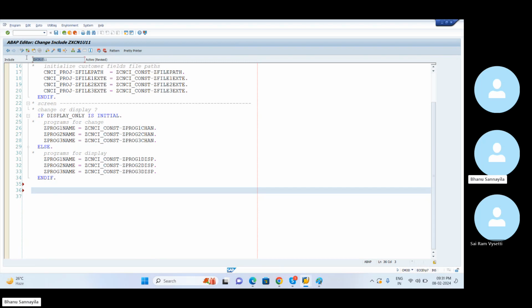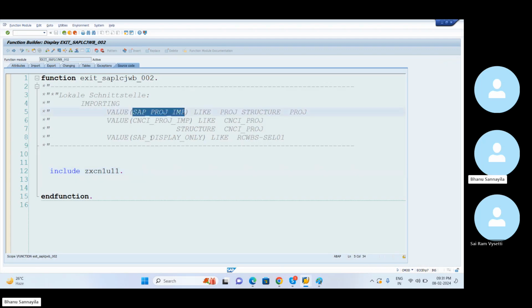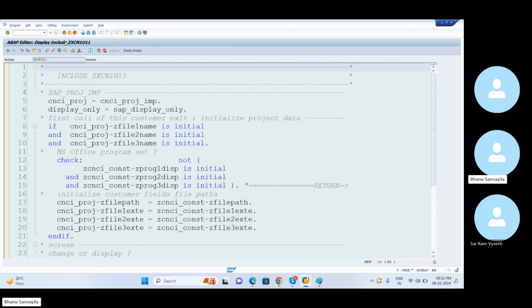Now this particular include is under a function module. That particular function module is to pass the data from the SAP screen to table. So now we don't want to go with the bigger logic here. Move corresponding. Let me maximize it a little. Move corresponding. I'll show you this. So it is there actually. Let me save this. Go back. See guys, can you observe this? SAP project import. So here you have the data. This is a screen, so from this you need to pass to the table. Okay, let me copy this